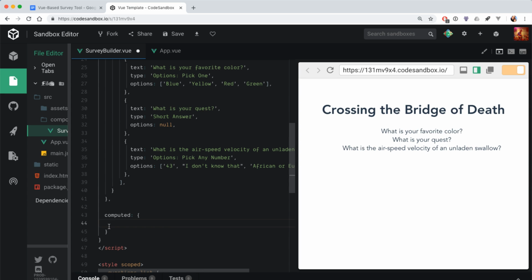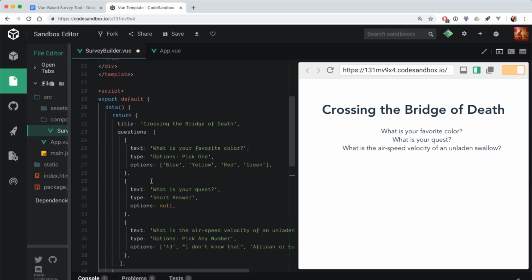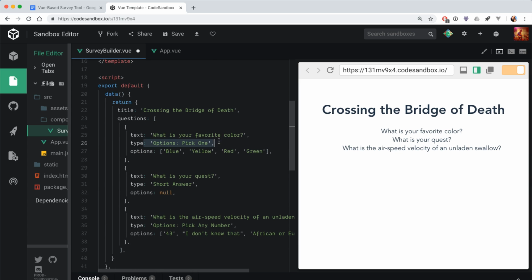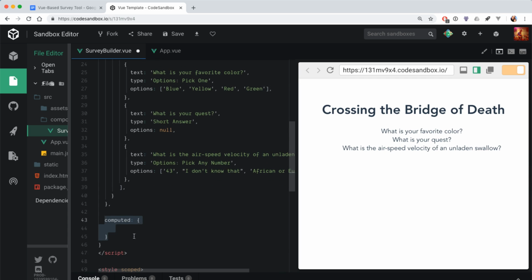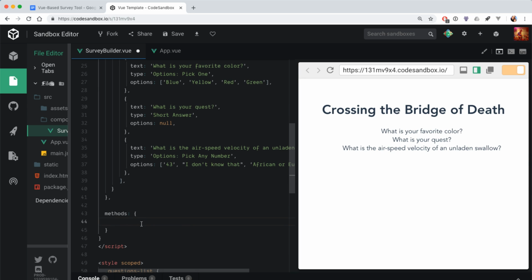So it can't actually be a computed property because it is like which question, right? You can't cache a value for input type based on a single question if we've got multiple questions. The computed property here is on the level of the component, and there's only one property by each name per component. So instead we're going to do a method. We're just going to save it out as something like this and change it later. So methods, right? That's little bits of logic. And in here we can say like, I don't know,